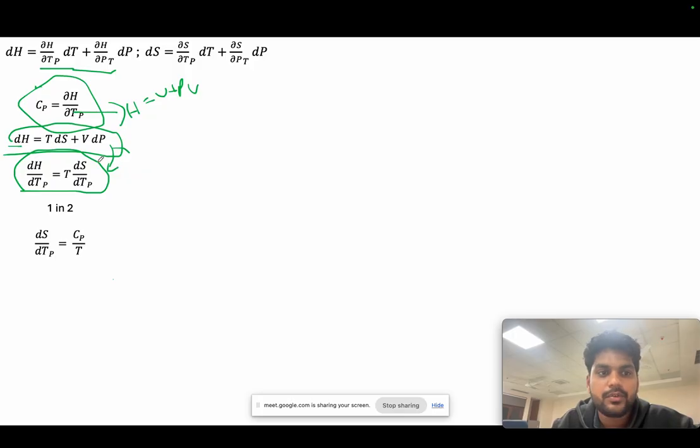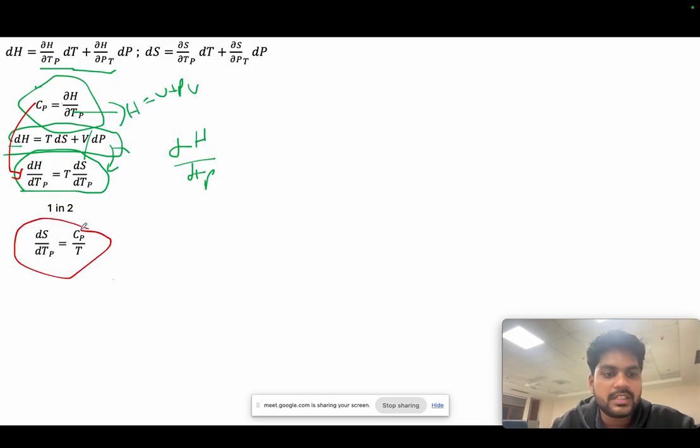Yes, sir. Yeah, if I do dh and divide by dt at constant pressure, once there is a constant pressure the dp term will be 0, so this is nothing but t ds by dt. And if I apply this into this, we will get ds by dt equal to Cp by T. So now you can understand